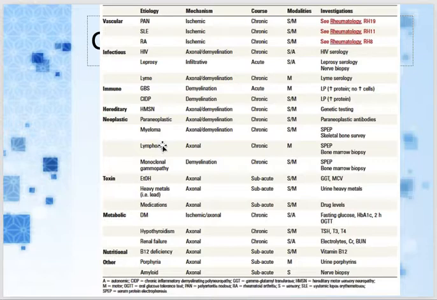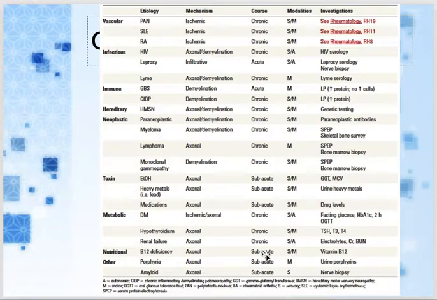Or the classification can also be done on the basis of acute, subacute, chronic. For example, Guillain-Barré syndrome is an example of acute peripheral neuropathy. Toxins or nutritional causes are the causes of subacute ones. And diabetes, for example, is an example of chronic, or CIDP, chronic inflammatory demyelinating polyneuropathy, is a cause of chronic. So you can classify on the basis of this,